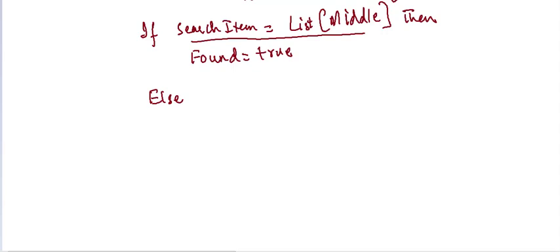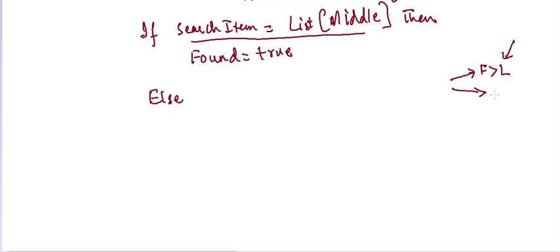Else, there are basically three things that we need to check for now, right? One, we need to check whether first has become greater than last or not. This is the case in which we've looked through the entire array and we've not been able to find the item. The second case is